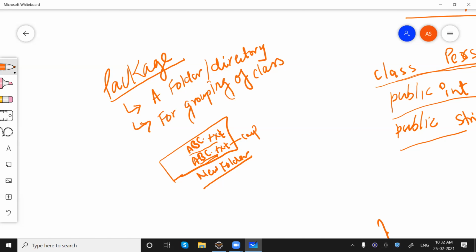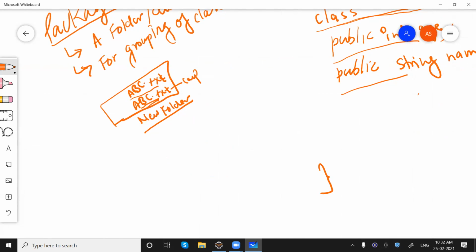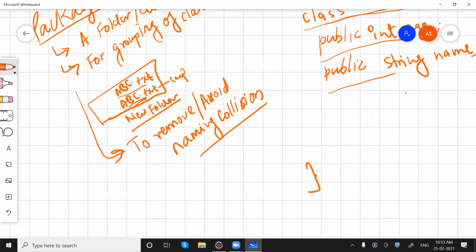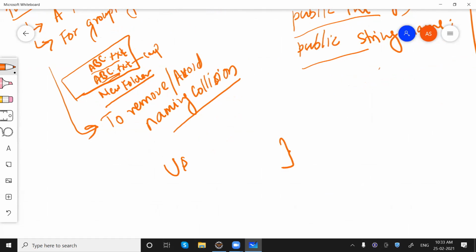Similarly, in some cases when we are programming, I would add one more point: to remove or avoid naming collision. For example, we have created a class User.